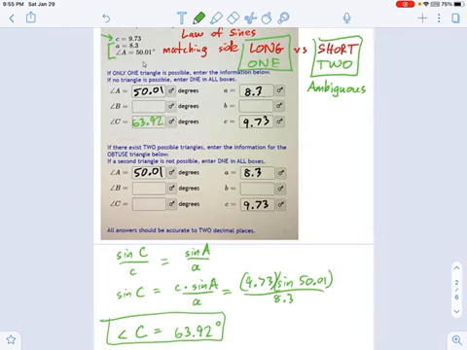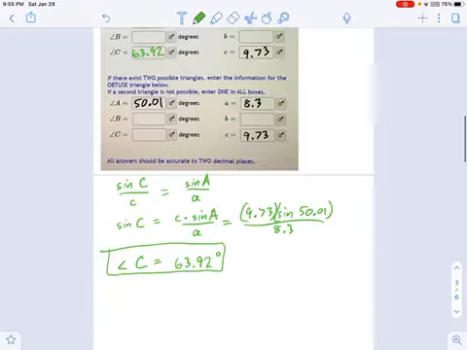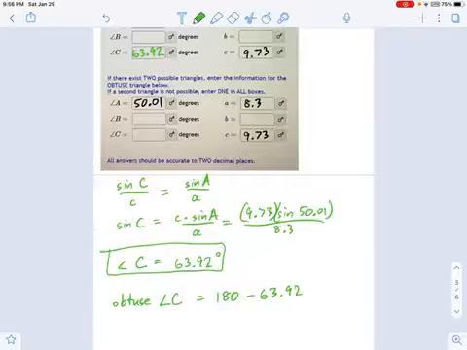63.92. Now here's how you handle the ambiguous case. Because inverse sine on a calculator will always give you an acute angle, now you need to think and get one step ahead of the calculator and say, okay, how do I find the obtuse angle? I know there's an obtuse angle for C. How do I find what that is? And what you do here is you should simply say, well, the obtuse angle C is equal to 180 minus 63.92. Okay, so breaking out my calculator here, that's going to be 116.08 degrees.